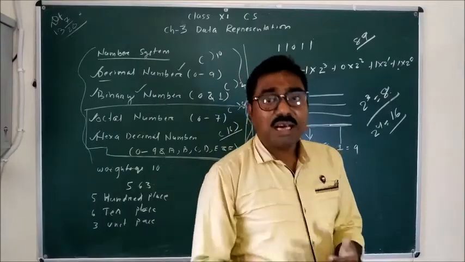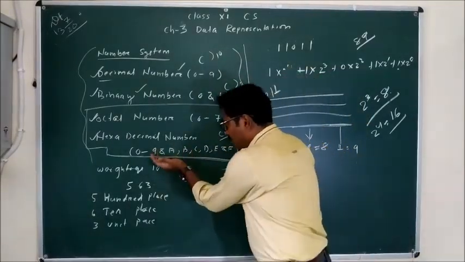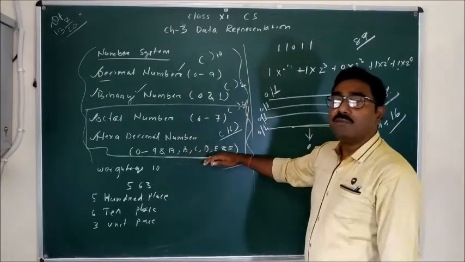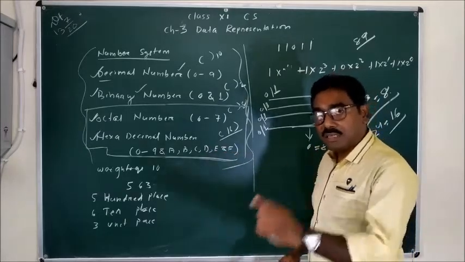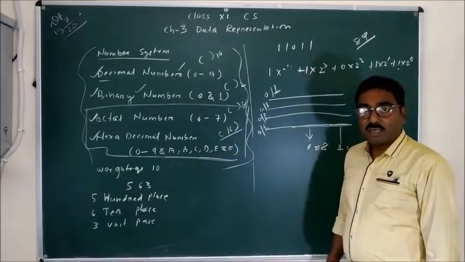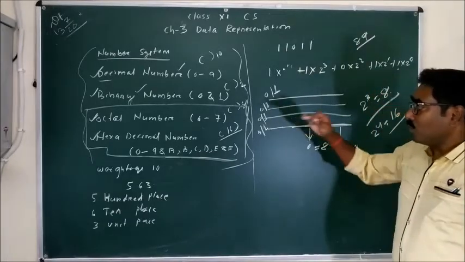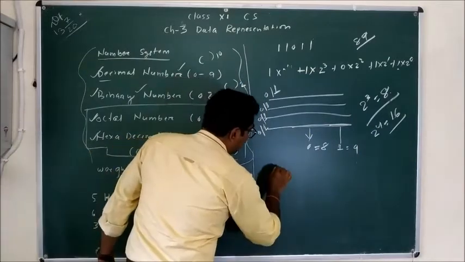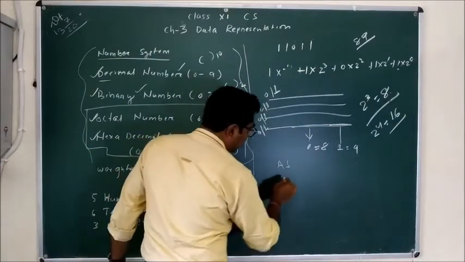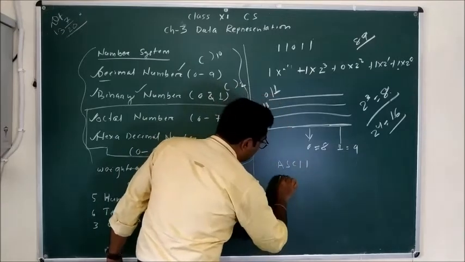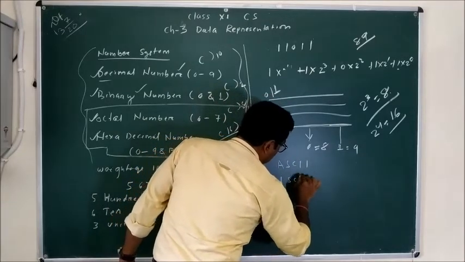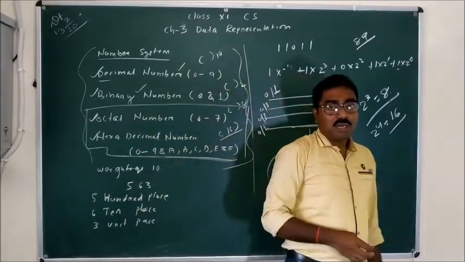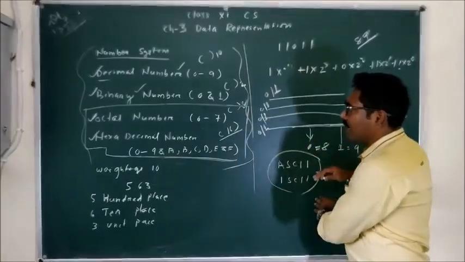But still there is a problem, because apart from these 6 alphabets, we have 20 more alphabets in capital letters and 26 more in small letters, and many different symbols. So for representing all these different symbols, nowadays we are using two kinds of number system: one is known as ASCII and another is known as ISCII. Later on we'll learn about ASCII and ISCII.